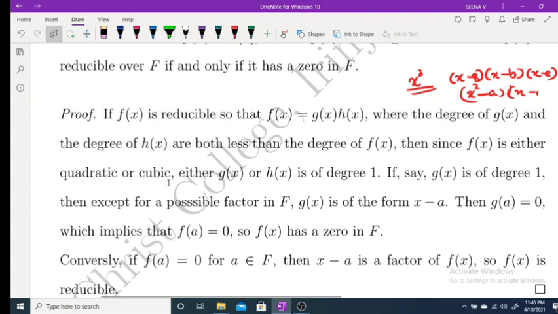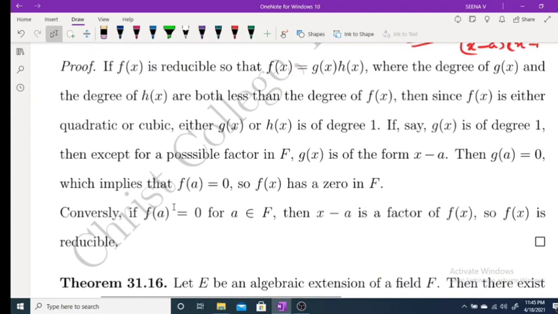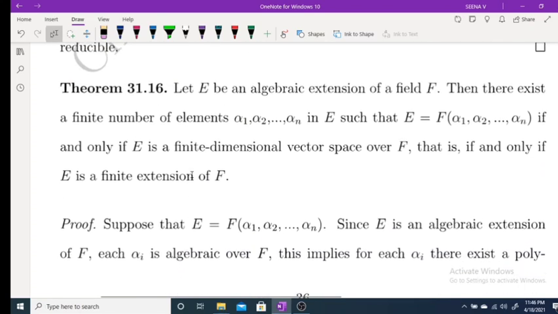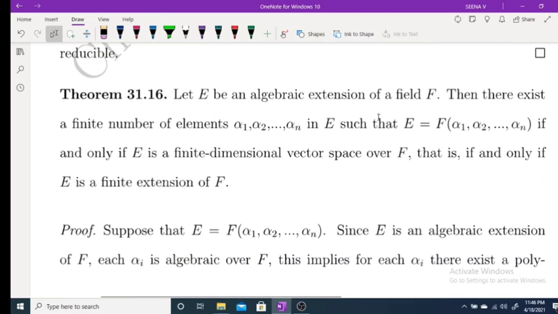Okay, so now conversely, suppose that f(a) equals 0, then clearly x minus a is a factor of f(x). So f(x) is reducible. Okay. Now moving to the next theorem, let E be an algebraic extension of a field F, then there exists a